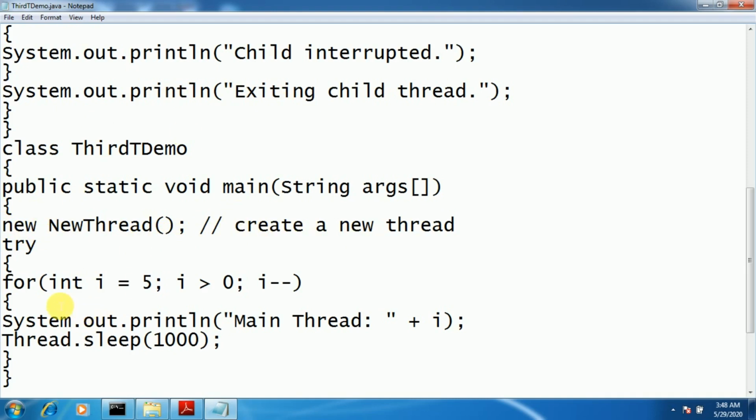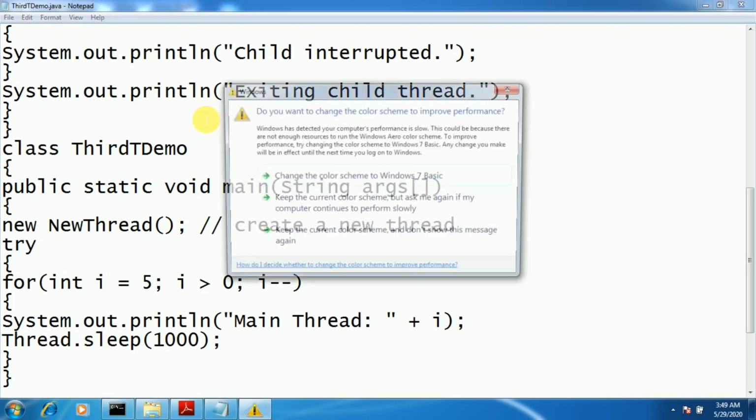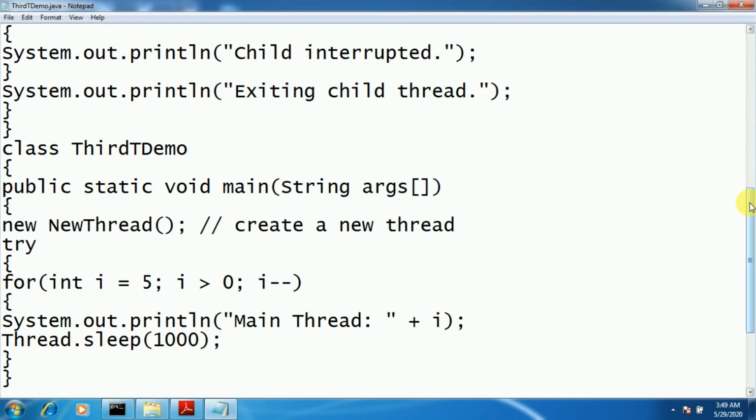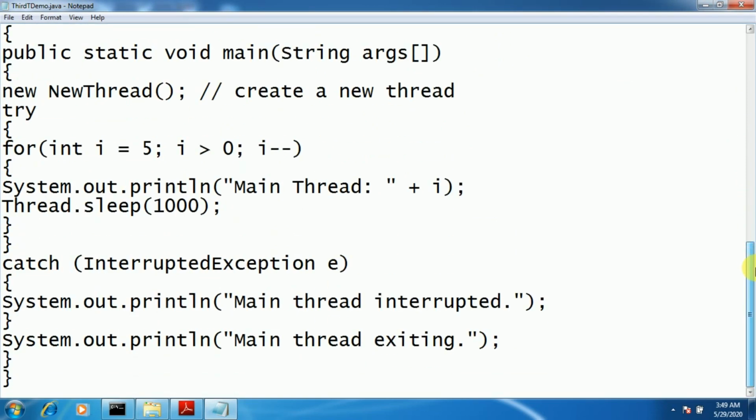Now again we have told the main thread to display the numbers from 5 to 1, but after displaying one number, we have told the main thread to sleep for 1 second, whereas for the child thread we have told 0.5 second to sleep. Further part is the same as that of the previous program, and after completion of the main thread task, we have displayed a message main thread exiting.